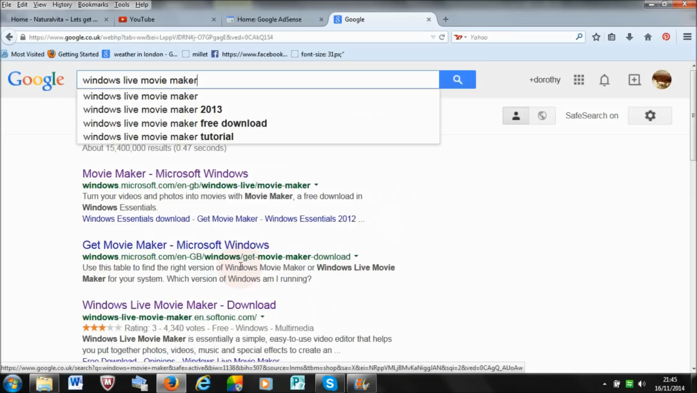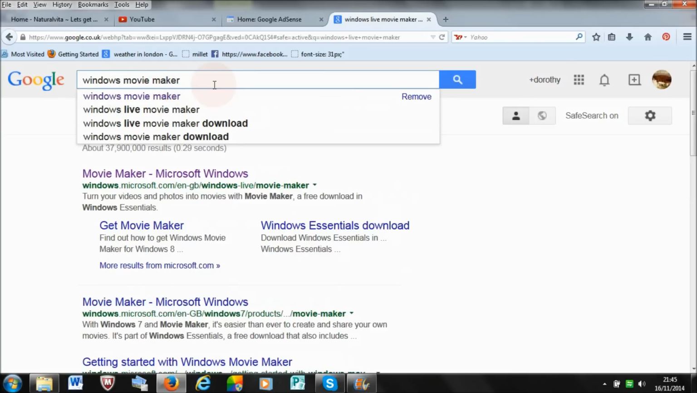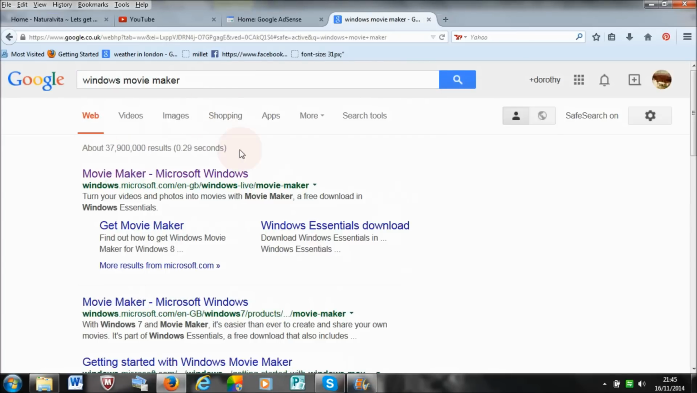Now you can type Windows Live Movie Maker or just Windows Movie Maker. It doesn't really matter because the same search result will appear. And once you type that in the search area and click search, you will see this first search result, and this particular site is linked to Microsoft.com, so that's perfect. So just click on this first search result, which is linked to